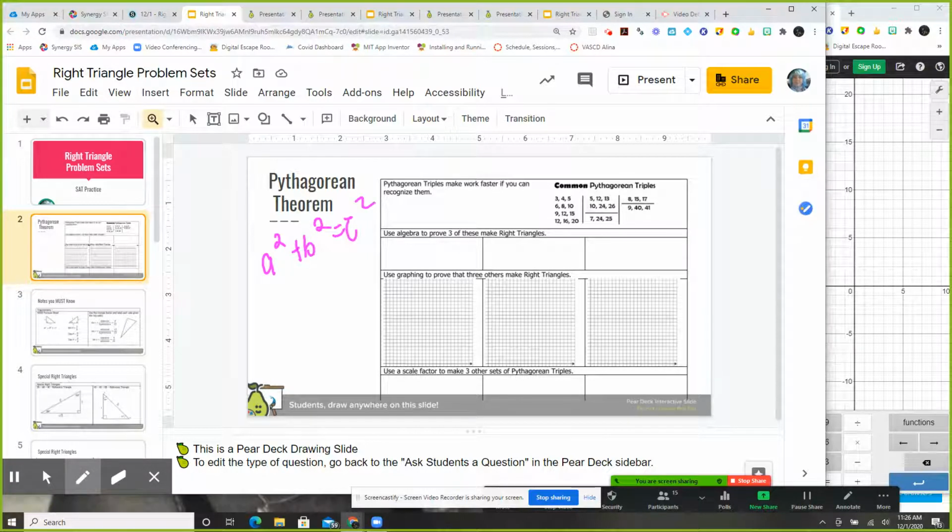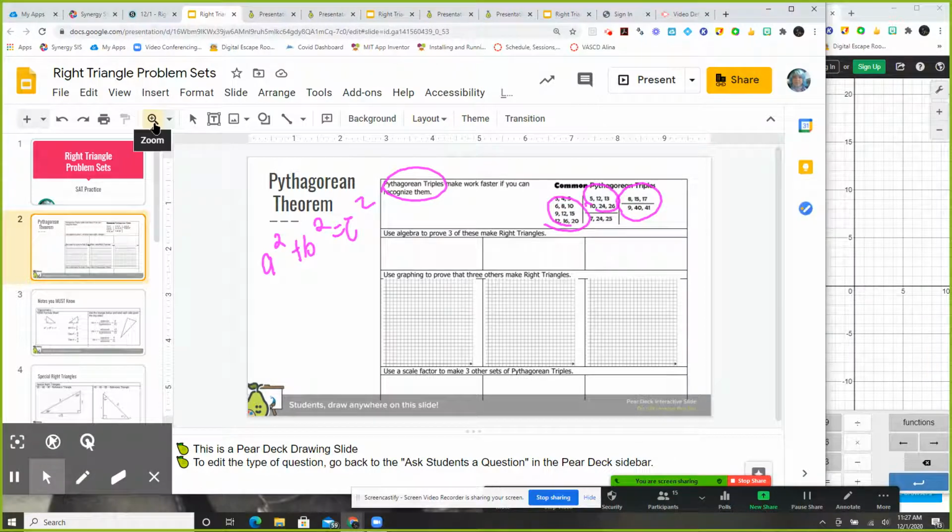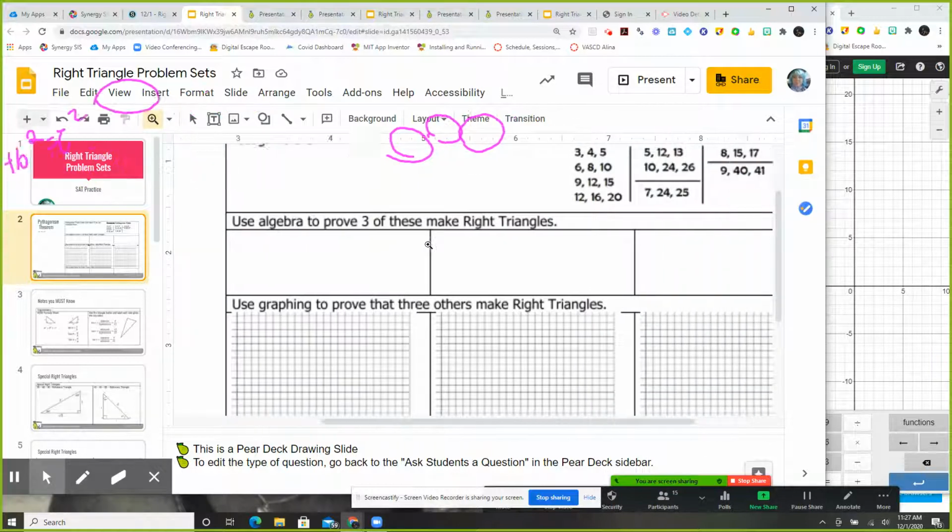Absolutely, right? And we've got some Pythagorean triples that are always whole numbers, right? So 3, 4, 5, 5, 12, 13, 8, 15, 17. So let's put one of each of those in these 3 boxes. So I'm just going to zoom in a little bit so I can see it a little bit better. This is a lot on a page,